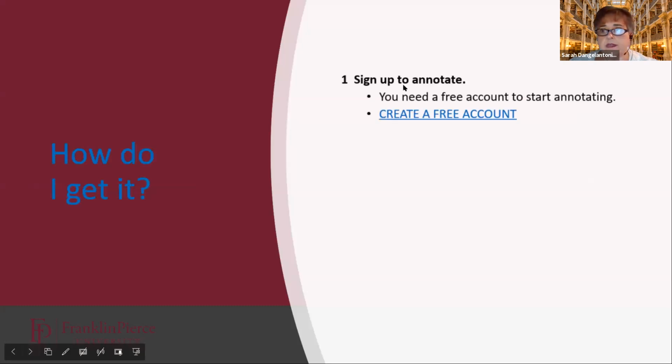And how do you get it? And this is useful for you and for your students. Well, you have to sign up for it. It's a free account. It's free to everyone. It's the same version that anyone can get. It's open source. And all they want from you when you sign up is an email address and a password that you create yourself. They're not looking for lots of information. They respect individual privacy.